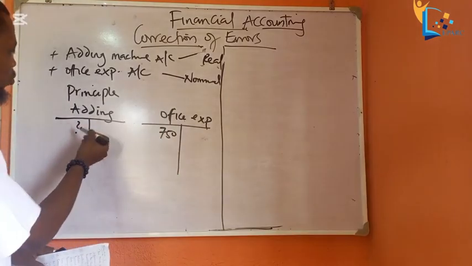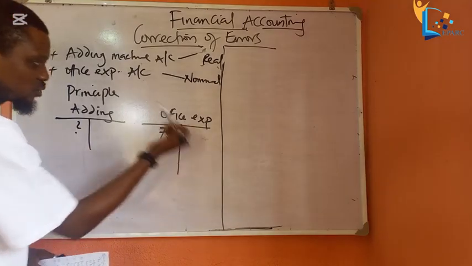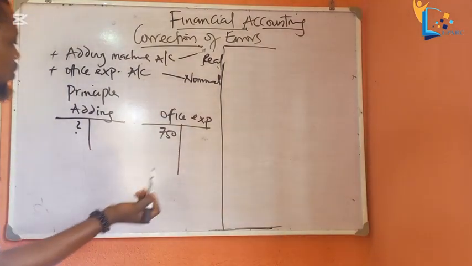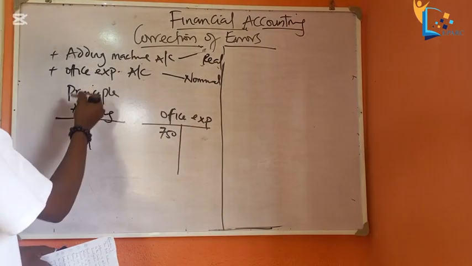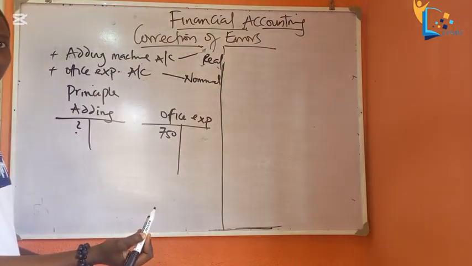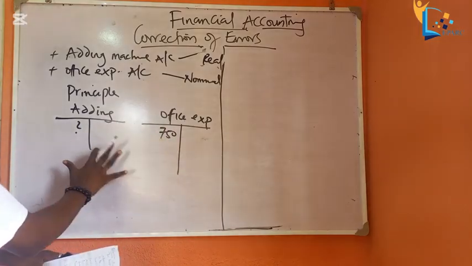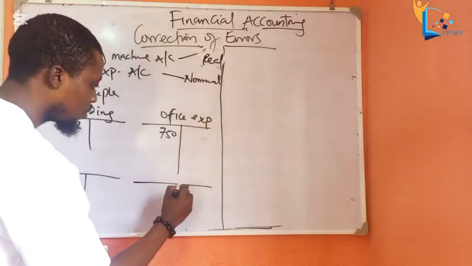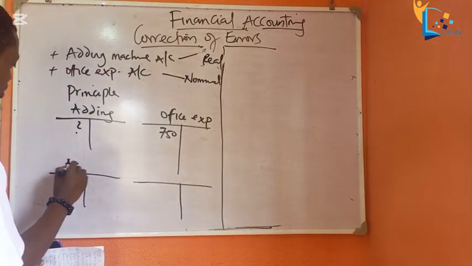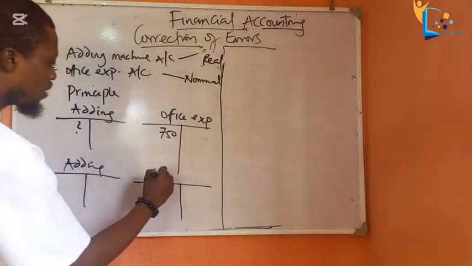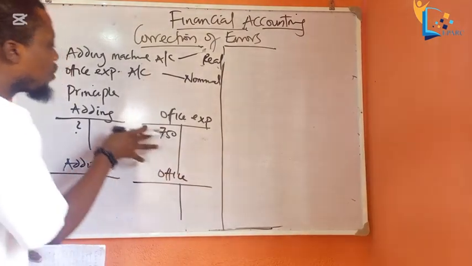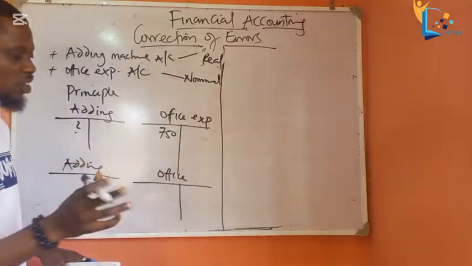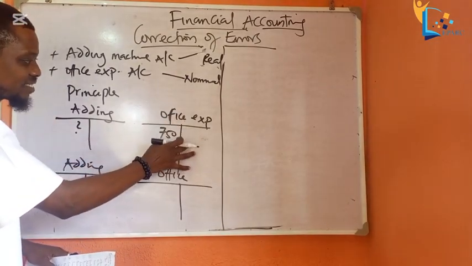The accountant is supposed to debit this account. He went and debited this one. So what do we do? We have to move this money to adding machine account. So this is the error now. So how do we correct the error? So this is how we correct the error. Are we together? So we have adding machine and we have office expense. Now this error, this is why it will not affect the trial balance if it is maintained like this till the end,